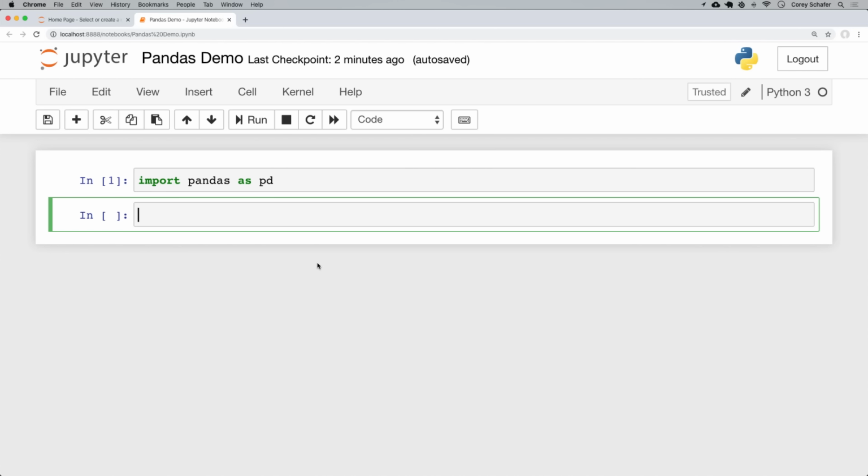Okay, so for the rest of this video, we'll see how to load in our data and look at some information about that data. So our data is in a CSV format. In order to read in that CSV, we can simply say df, which is going to stand for data frame. We'll learn all about data frames here in a bit. We're going to say df is equal to